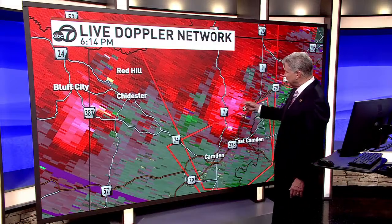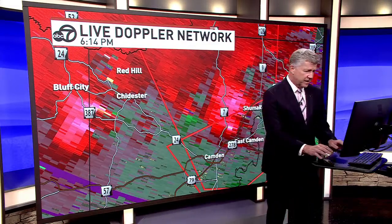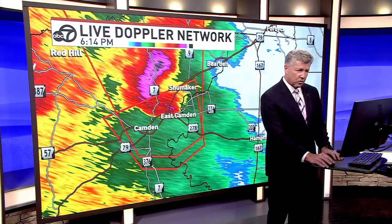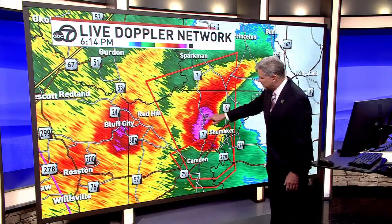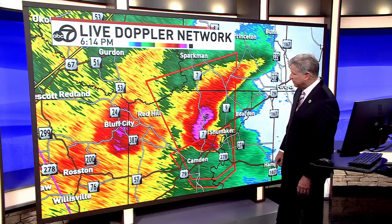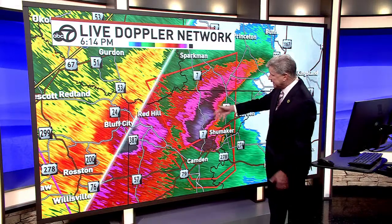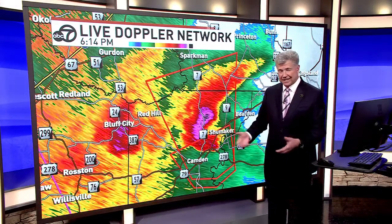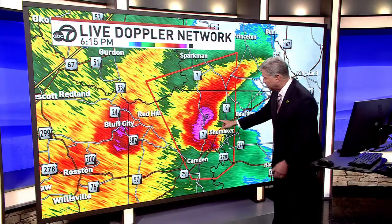Hopefully we begin to see this particular storm die down. They tend to really persist for a long time, though, it appears. I'll go back to what the storm looks like just with reflectivity and the darker shading right there. That is just torrential rainfall. These are not hail producers in this type of environment, but there's a lot of rain. There could be some wind with it in addition to the wind being put out with the thunderstorm there, but